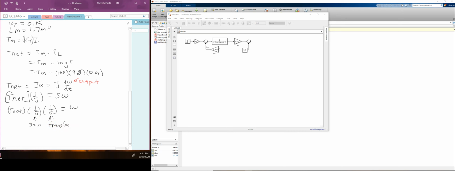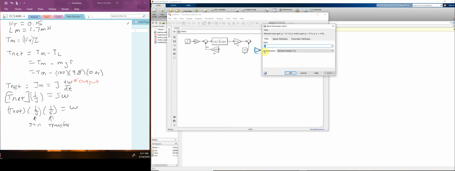So now let's go back over to Simulink and add those in. The first thing we're going to add in is our gain, and this gain is a 1 over J. Oh, we need to get what our J is. So we're going to come back over here, and our J is going to be the weight part plus our motor. Okay, so we can go and look up our motor, and the J